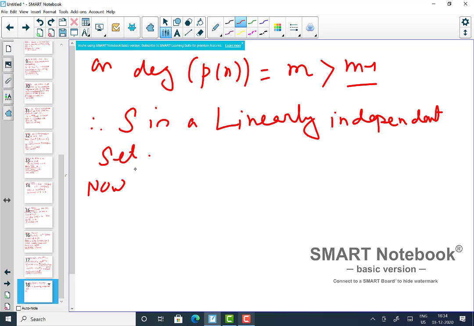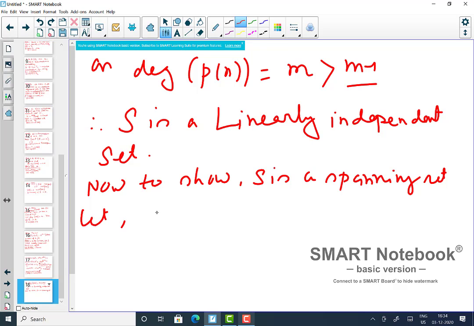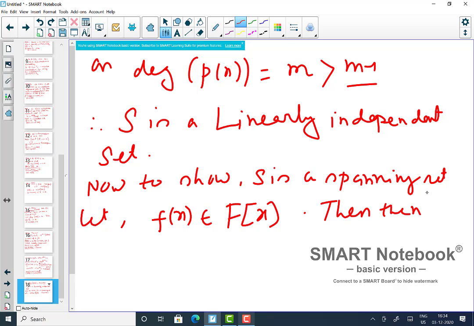Now to show S is a spanning set, you choose any polynomial, say f(x) belongs to F[x], okay? And I know that the image of this under the natural canonical map is an element of K, right? Now if you choose any element f(x), then the Euclidean algorithm, because F[x] is Euclidean, right? The Euclidean algorithm